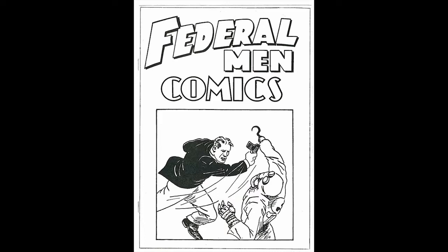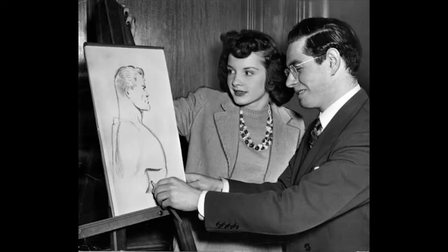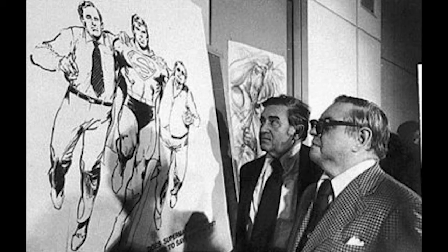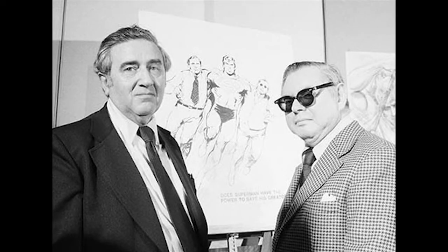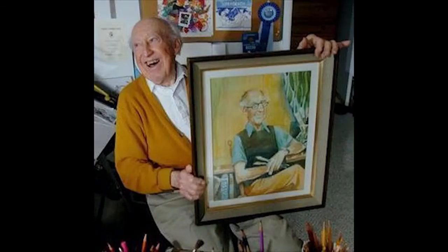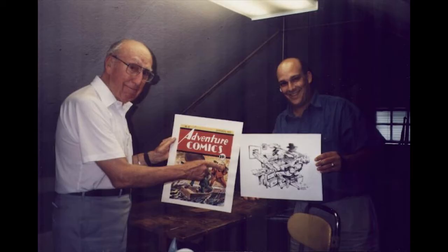The cover is by Craig Flessel, and the cover was originally intended for Detective Comics number 2, but never used. The interior contents include 10 pages of Slam Bradley from Siegel and Schuster, their detective mystery story, which was reprinted from Detective Comics number 1. And Speed Saunders in a 6-page story from Craig Flessel, and the Detective Comics number 1 was also the origin